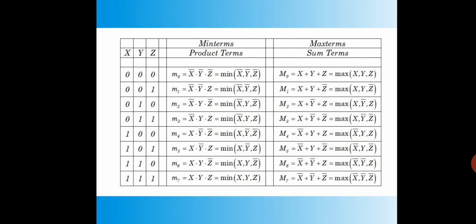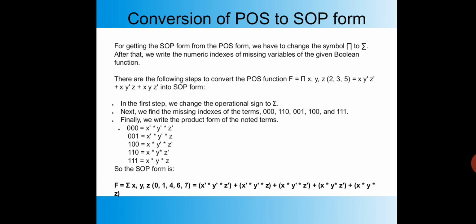You don't need to memorize this. Actually, you just learn one thing: whether it is a product of terms or a sum of terms, it will be completely the opposite. You have to change the plus to the dot form, and vice versa, from dot to plus form. That is how you can interchange plus and dot for product of terms as well as sum of terms. These are some of the examples. If you have any doubt, you can get back to me.